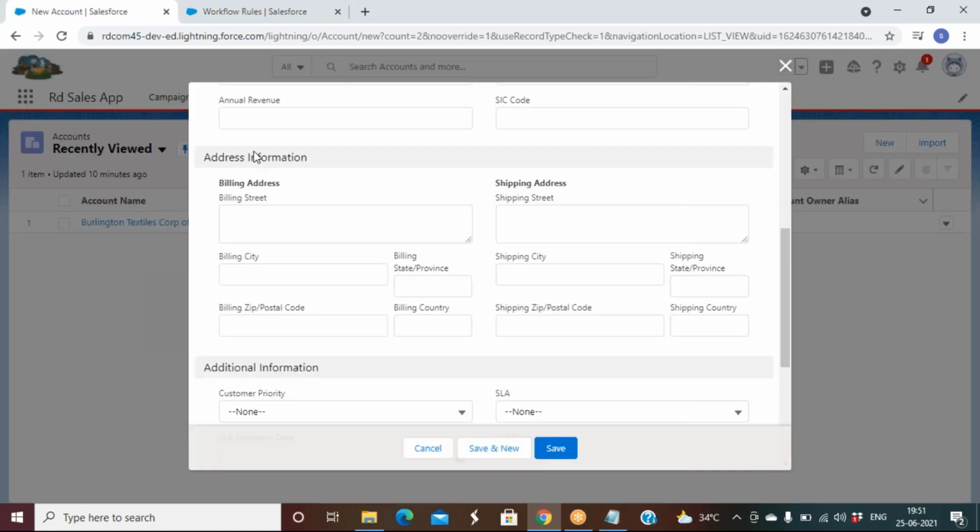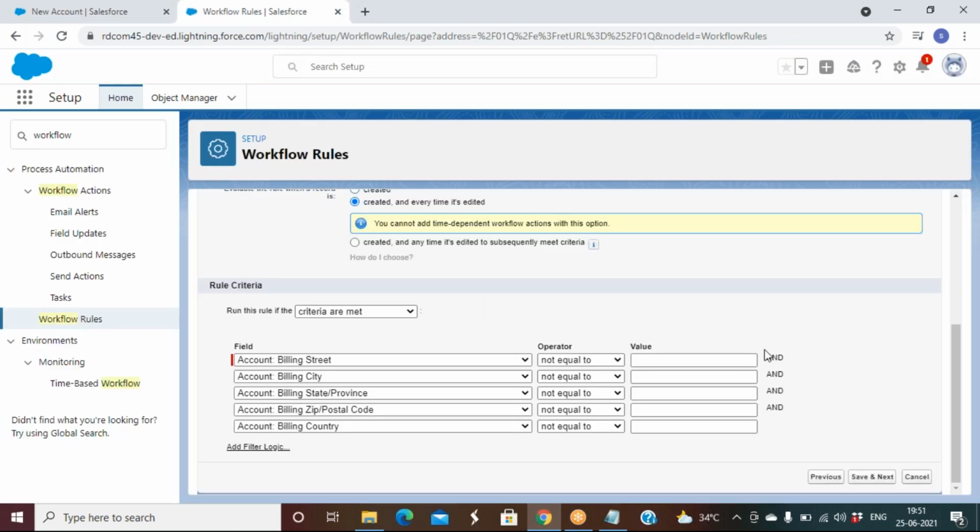Let's say billing city is there and billing country is there, then update the shipping city and shipping country. So to do that I have to remove and.